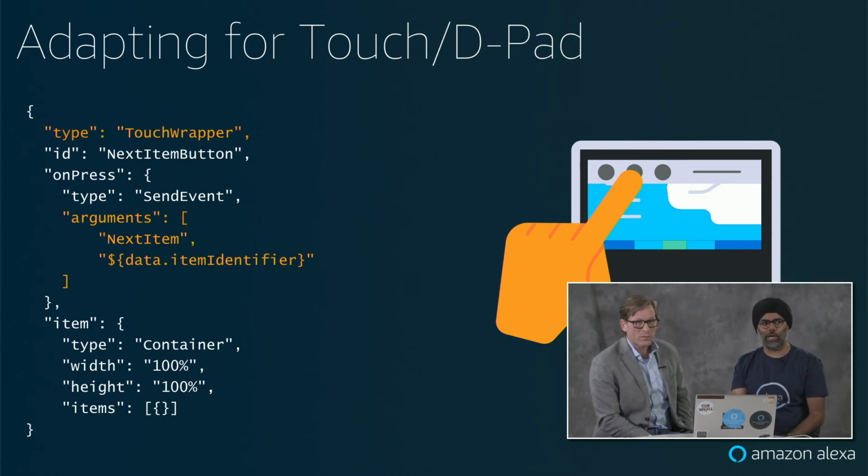What you do with Touch Wrapper is that you wrap other APL components, hence the name, Touch Wrapper. Yeah, it doesn't wrap. Wrap? It doesn't wrap. I just remembered MC Hammer is not a touch wrapper. No. Okay. Anyway, so touch wrapper can wrap any APL component, and what we're doing over here is we're attaching